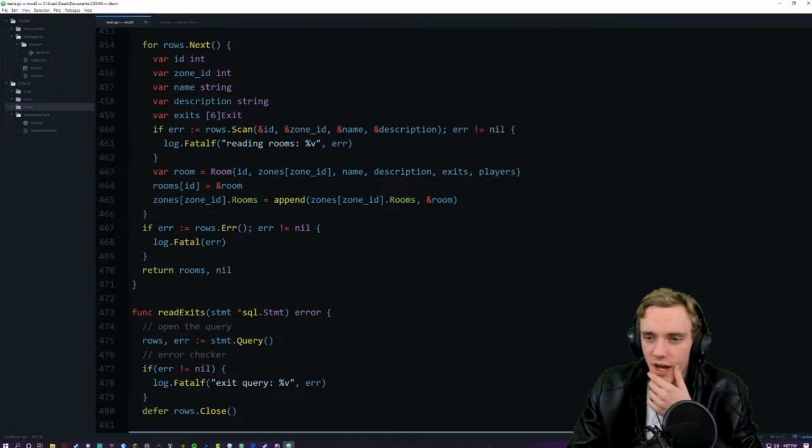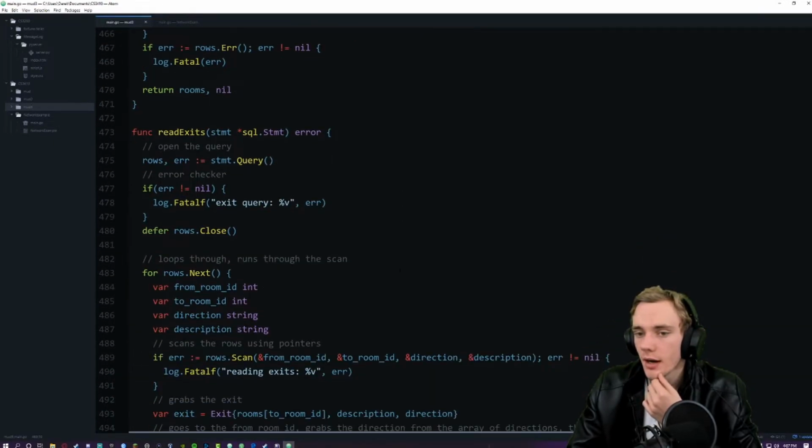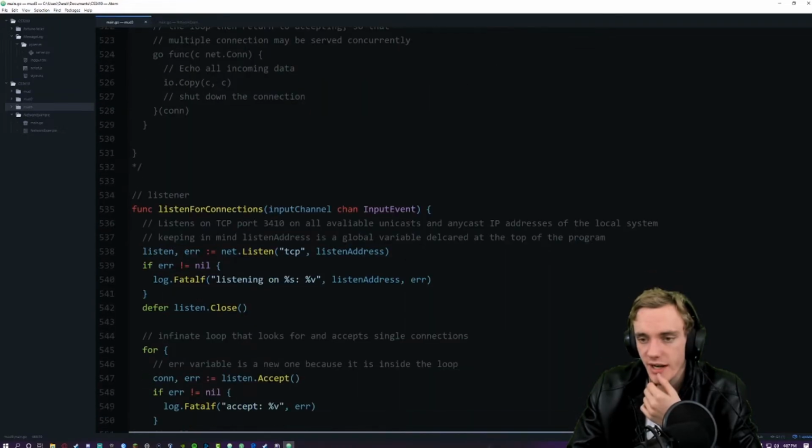Now, read rooms, I don't remember changing read rooms. Well, no, I did change this as well. I added the players right there. Read exits, I did not change read exits. I very much do not remember changing read exits. Now, listening for the connections itself,